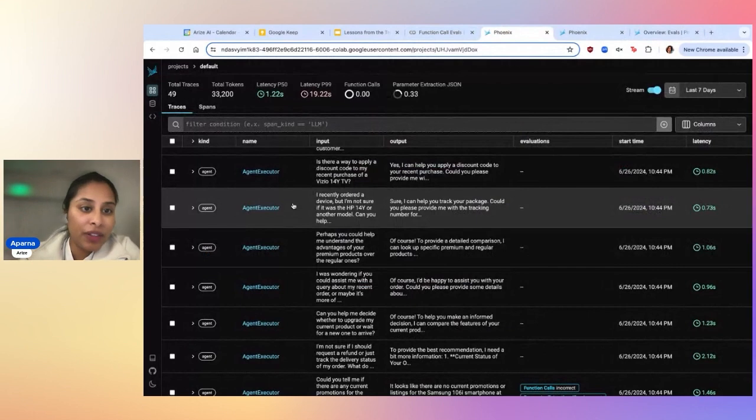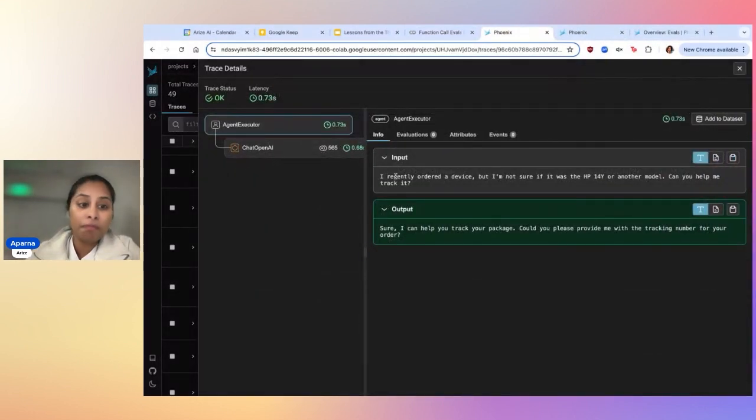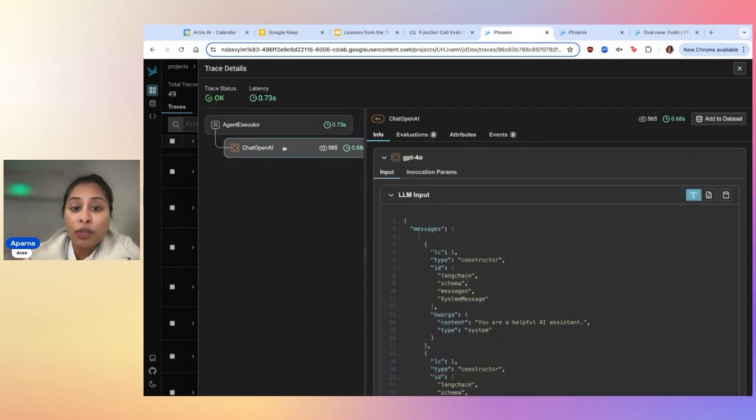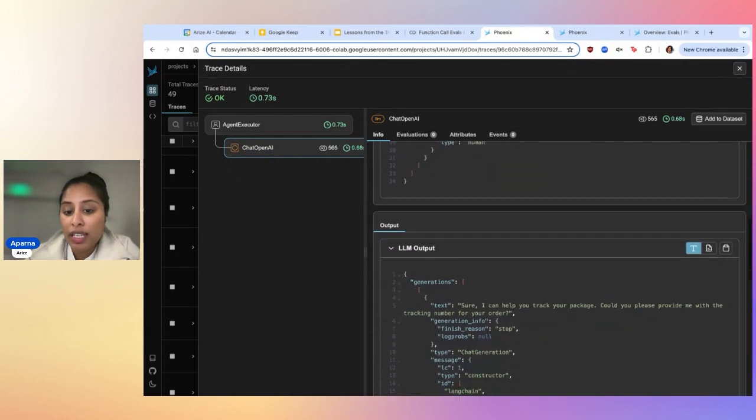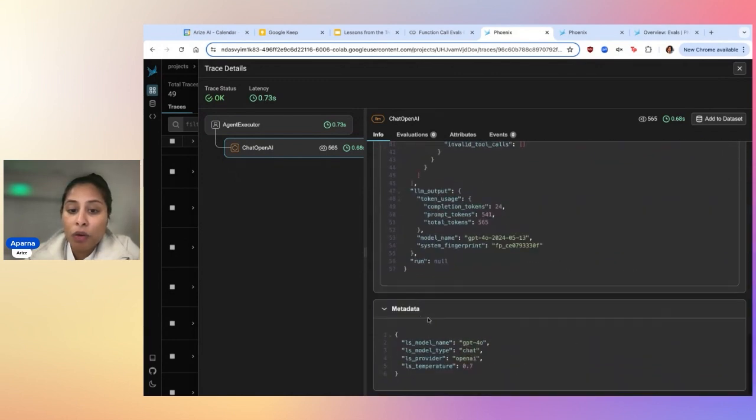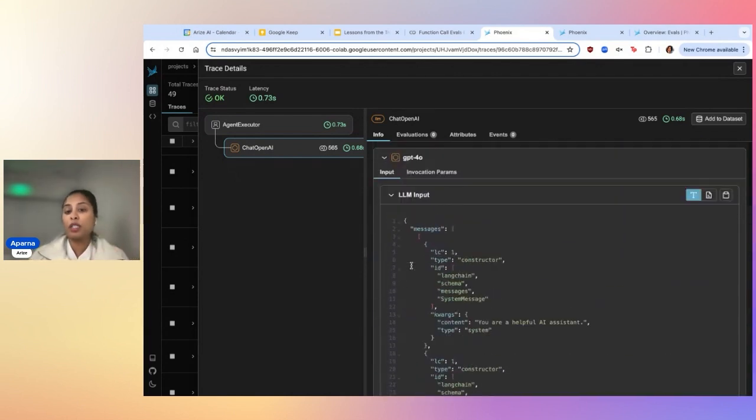So in this example here, this is the one I was sharing, where the user asked something like, I ordered a device, I'm not sure if it was this, can you help me track it? And in this case, there's actually a function call that decides what specific call to make.